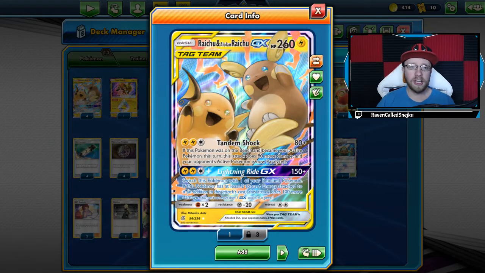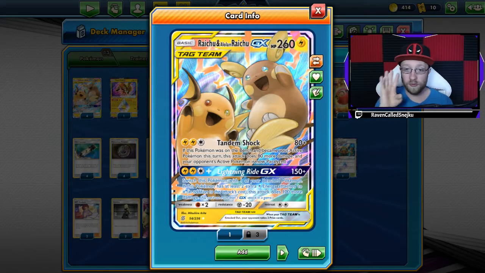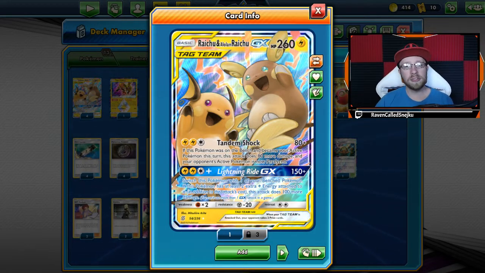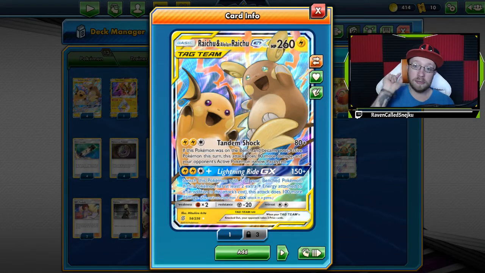So today we're going to talk about the Choo-Choo deck only, so 4 Choo-Choos, and that's going to be the main attacker, right? But before I talk about the deck,